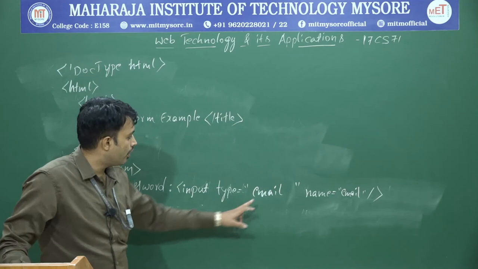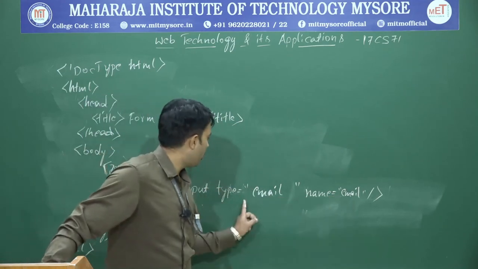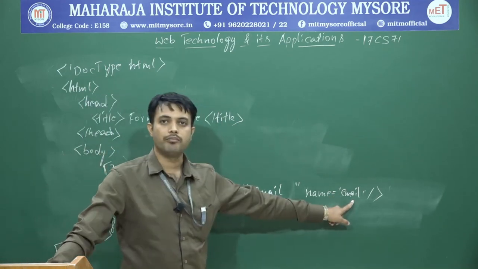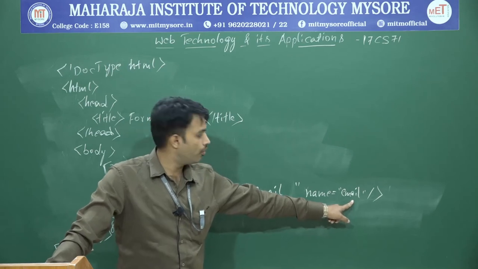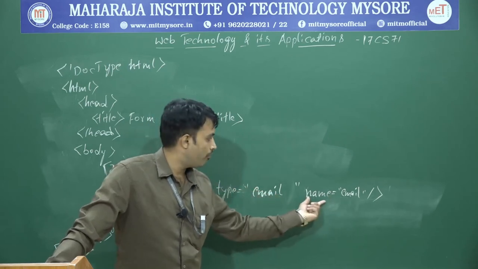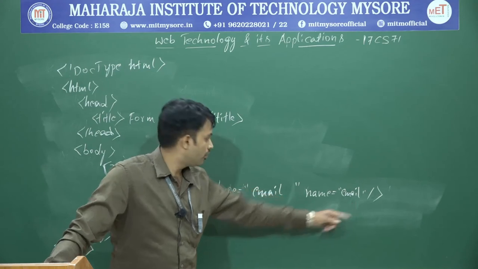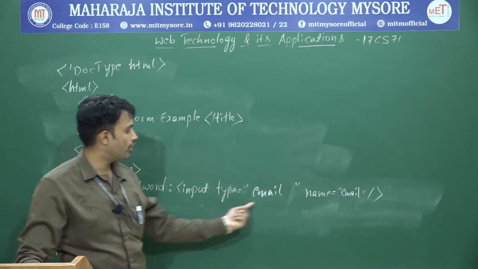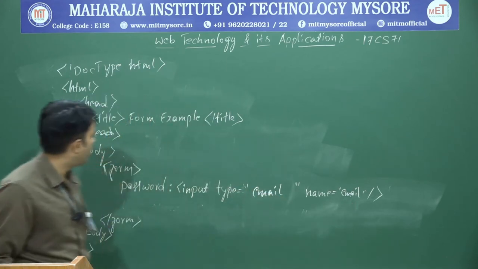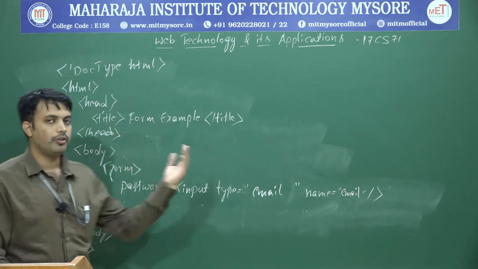So it is not mandatory that you should use type name as a name. You can give a different name for the variable name. Here I mentioned that type equal to mail, right? Now if I run this program, you can notice that